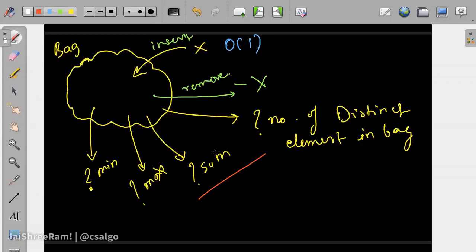So whenever we insert, we add to the sum. Whenever we remove, we subtract it from the sum. So is sum clear to everyone? Like how we will maintain the sum? Create a variable. When you insert, add it to the variable. When you remove, subtract it from the variable. Is it clear to all? Can I have a +1 and then we will move to remove?